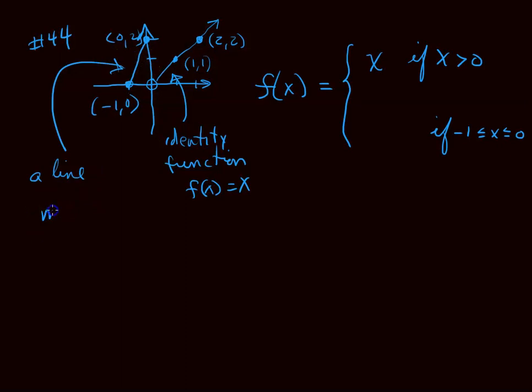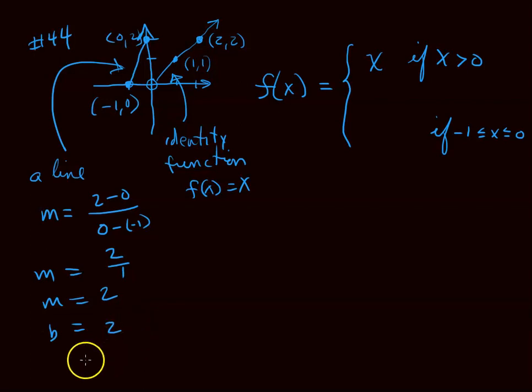What is the slope? Well, it's 2 minus 0 over 0 minus -1, which is 2 over 1, which is 2. Slope is 2. And we're given this (0, 2), which is the y-intercept. So b equals 2. So it's the equation y equals mx plus b,